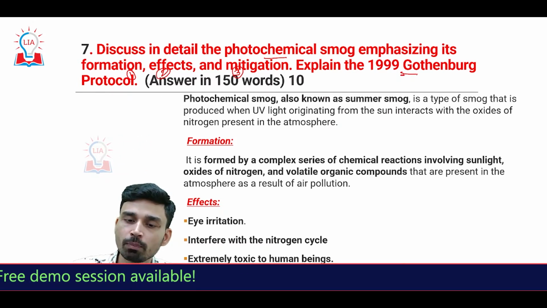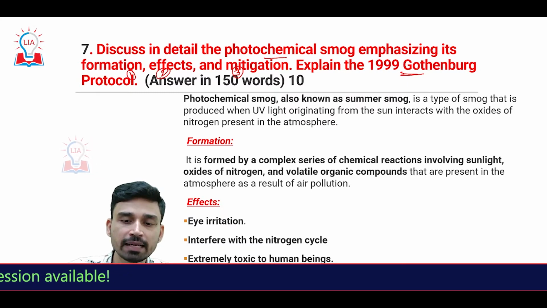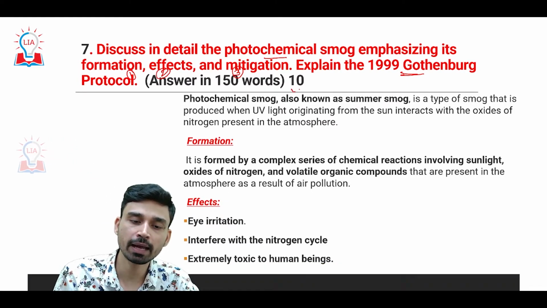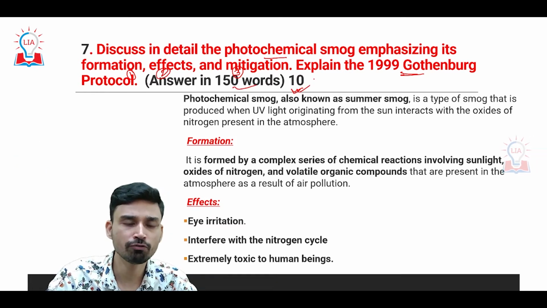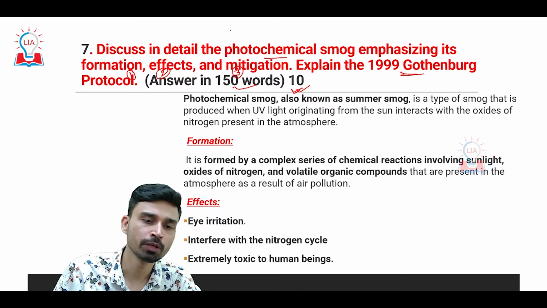And then the question also asks you to explain the 1999 Gothenburg Protocol. So what you have to keep in mind here is that you have to write the answer within 150 words only, and the question is only of 10 marks. And if you try to understand how many divisions we have in this question, so first of all,